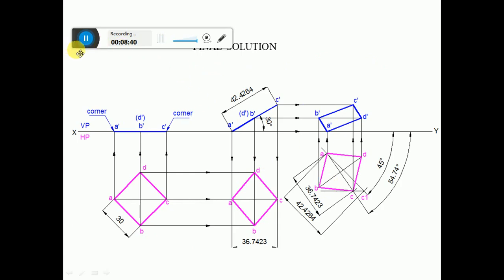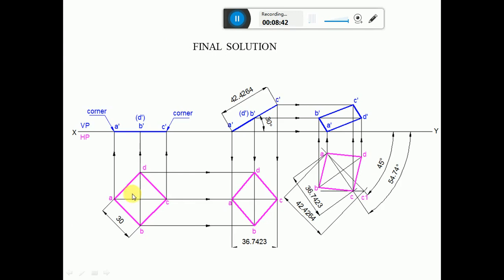So he says, first, a square plate of 30 mm side, such that the square plate is resting on HP, such that one of the diagonals is inclined to HP at 30 degrees and 45 degrees. Then draw its projections. That is the problem. So first we are going to draw an XY line with a thin line and mark XY, VP and HP. So we have to take the initial position such that one of the diagonals has to be parallel to both HP and VP. That is possible only when you take the corner position of a square.